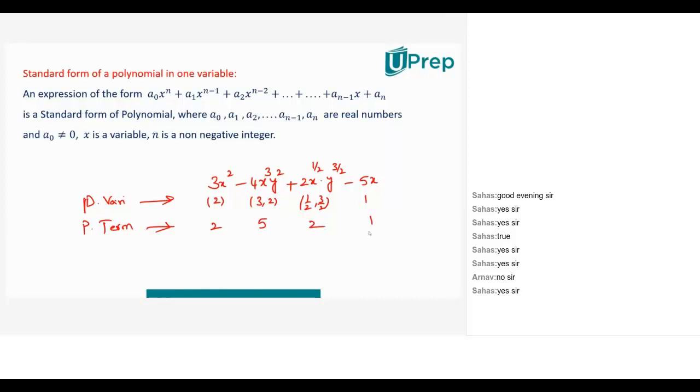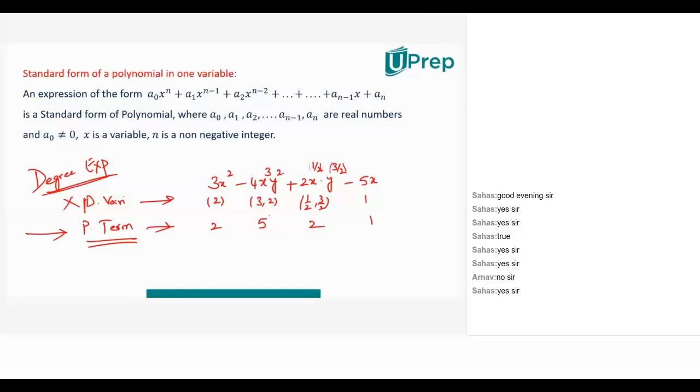Collect all that. Now for a word called degree, by the next slide when I am going to define it, I'm not using the word degree of a polynomial, I'm calling it degree of expression, because I'm sure this is not a polynomial, this is only an expression, because powers are not integers. Power of variables are not integers, therefore this is only an expression. Now how do we determine the degree of expression? Pick up the highest power of the term. Now degree has nothing to do with power of variable. The degree has to do with only power of term. For the term, whichever is the highest power, that will be the degree.